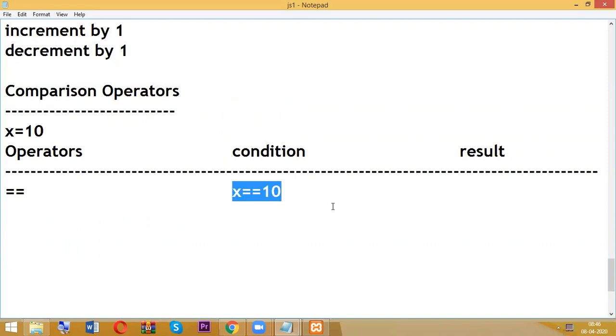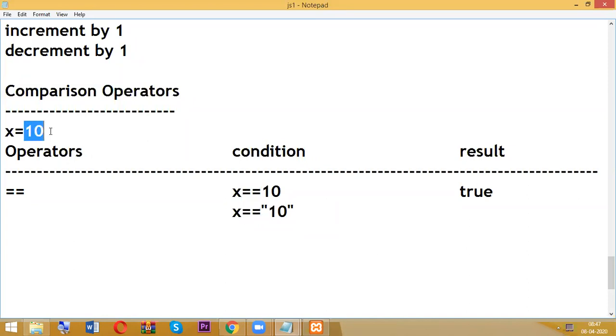It's true or false? Obviously, X value is 10. We are comparing, we are checking whether X value is 10 or not. It's true, obviously. Then the result is true. Okay. So next, I'm comparing X value with a string. We already know in JavaScript, we are not going to write any data types. So whatever we are writing inside the quotations, that is nothing but string. But in case of double equal to,